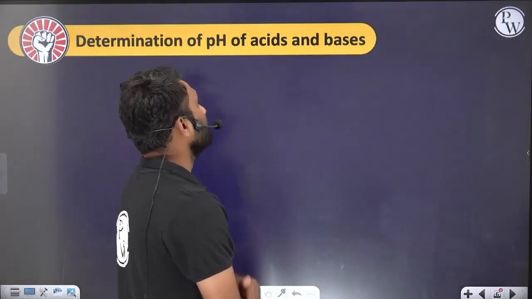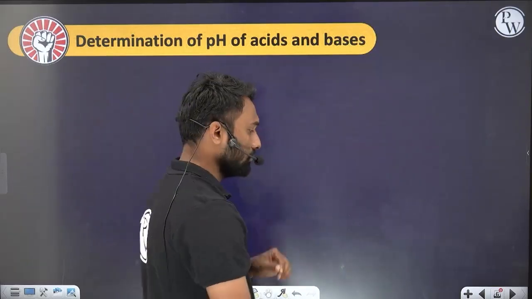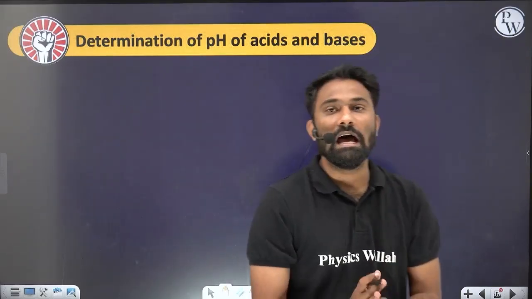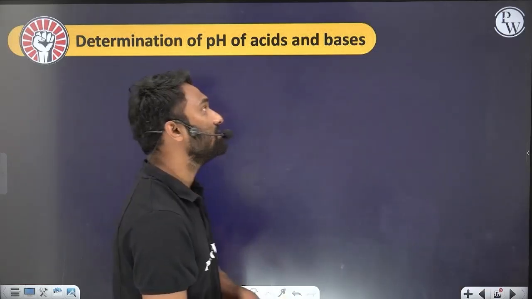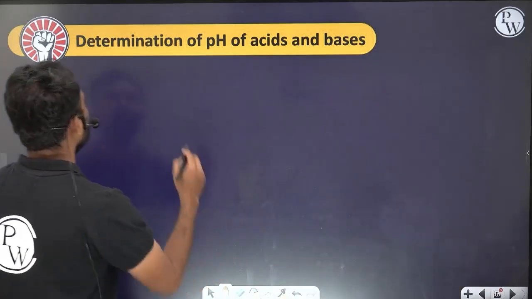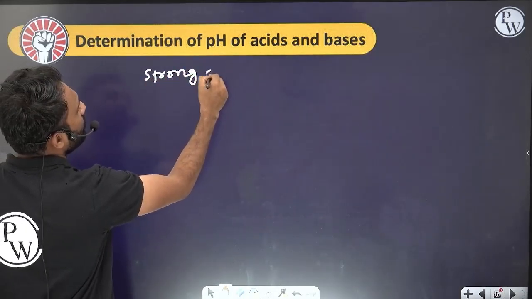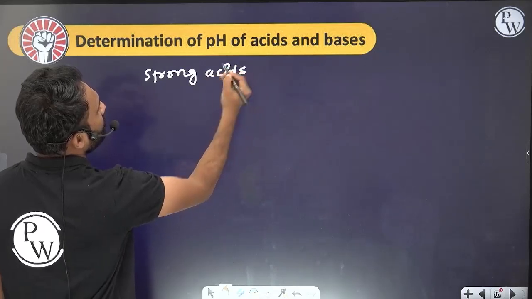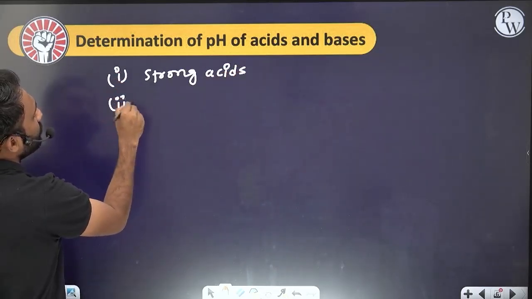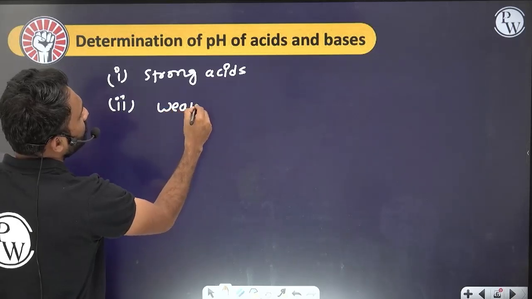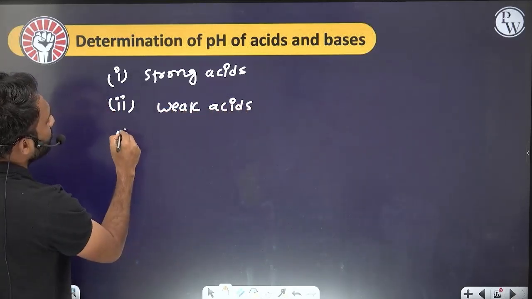Next, determination of pH of acids and bases. In this we are going to see strong acid pH. Next we are going to see weak acids pH. Next we are going to see